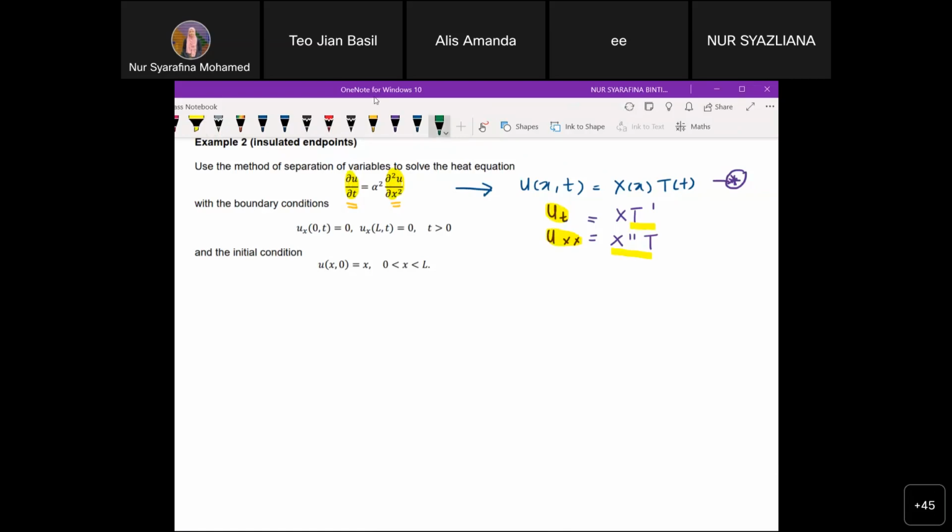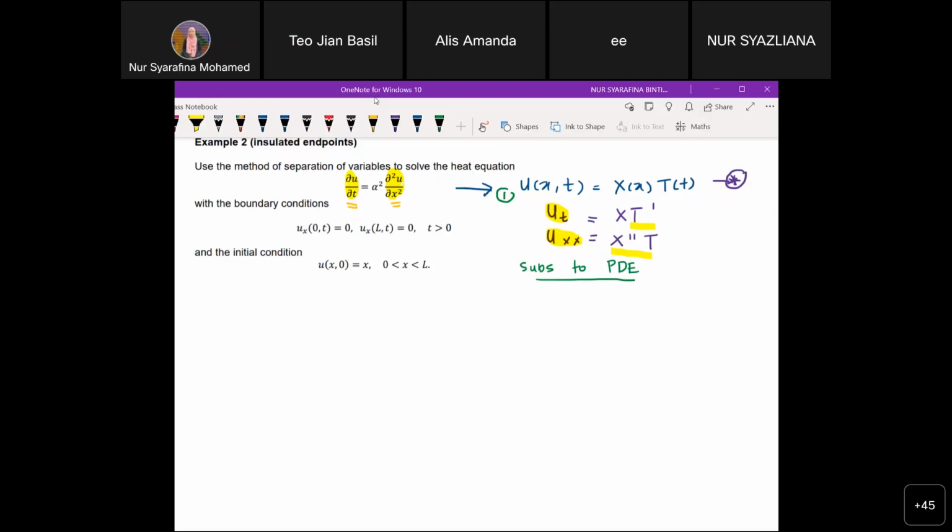So this is your first step. Then what? Then you should reduce the PDE to ODE. How? By substituting into the PDE. So now this one, substitute into the PDE, where the PDE involves del u del t. Del u del t here is ut. So xt prime equals to,